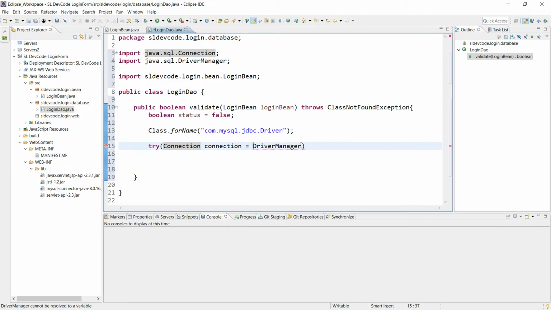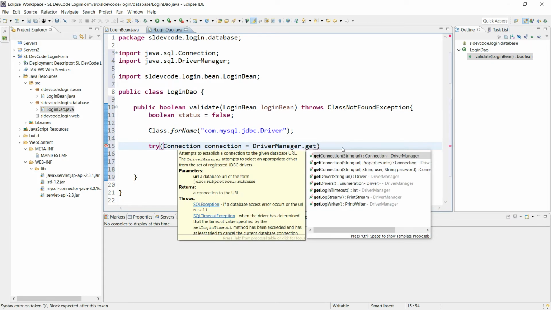Now we are going to connect to the MySQL database by using this URL.